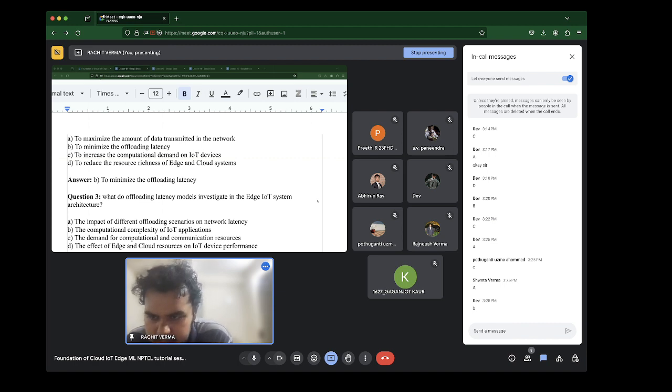Or D, the effect of edge and cloud resources on IoT device performance? They have said A. Yes, so A is a good answer. Any other responses?